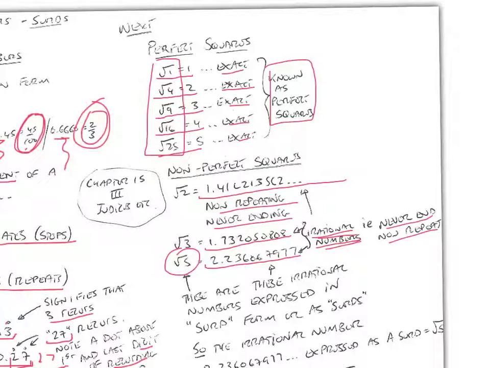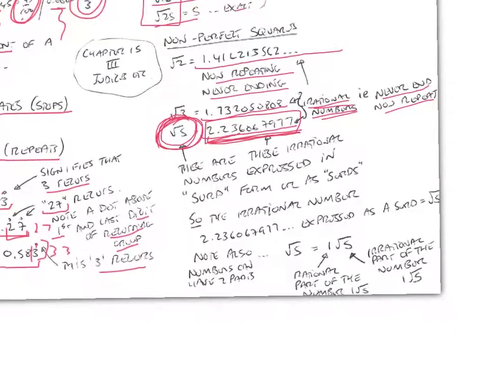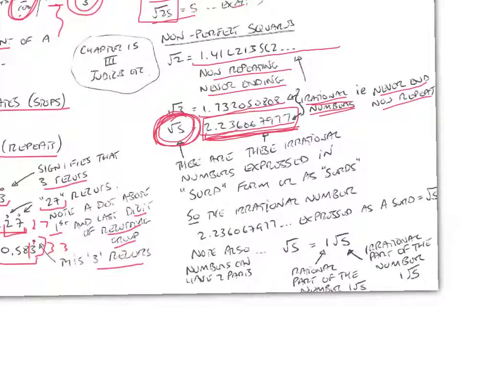these root 5. Okay, this is this irrational number here, expressed in surd form or as a surd, is expressed like this. So this is the irrational number, and this is how it's expressed in surd form or as a surd. Okay, so for example, the irrational number 2.23606797, I've gone on and on and on, expressed as a surd is the root 5. Okay, and we just mentioned here that